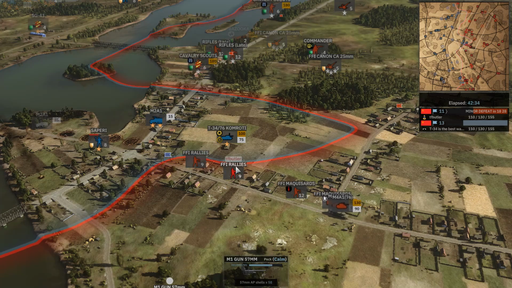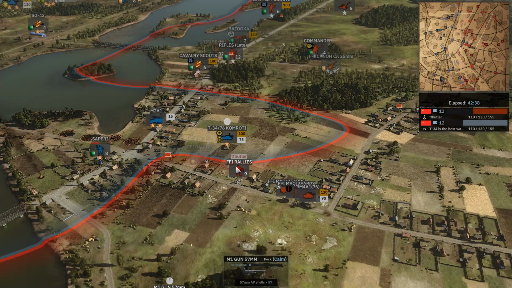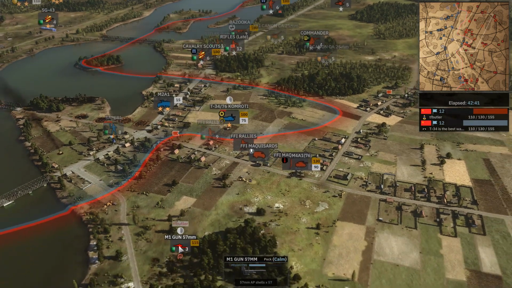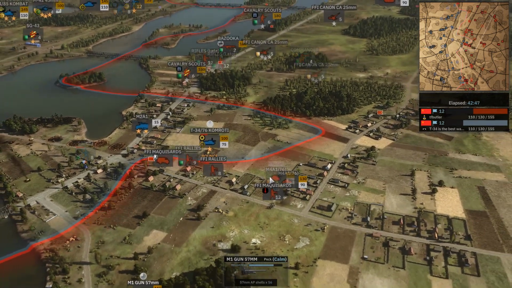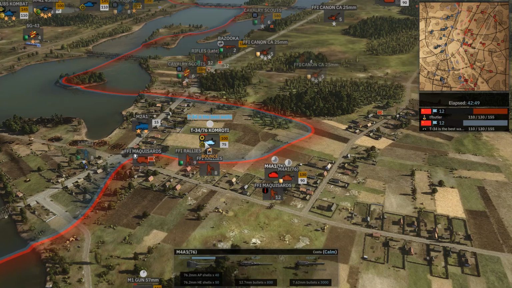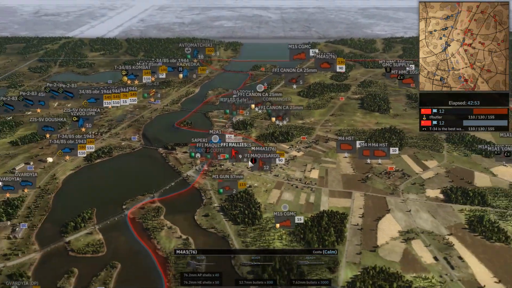He's now targeting this convoy. Oh, the anti-tank gun is going to get this T-34 Komsomolets. And also the Shermans here are flanking. He loses the Komsomolets. And we took back the...